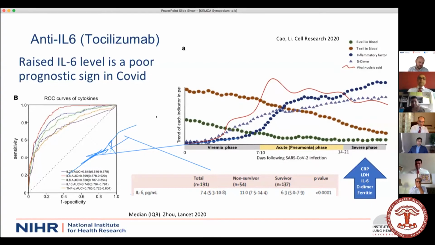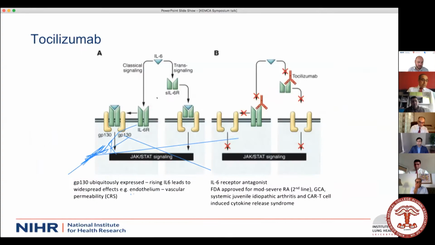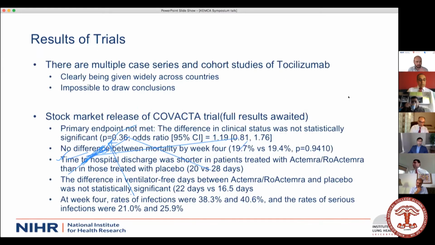The question is, is this just a biomarker or is it a genuine mechanistic effect? So we could reduce the systemic inflammatory burden with tocilizumab, but the question is, does that actually change prognosis, or are we just targeting a downstream cytokine? Tocilizumab itself binds on the receptor to block IL-6, so it doesn't reduce IL-6 itself, it reduces the interaction with its receptor. So I'm not going to go into lots of the trials because if you go into the literature,